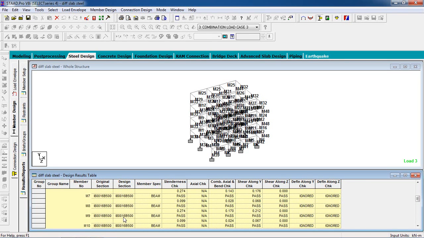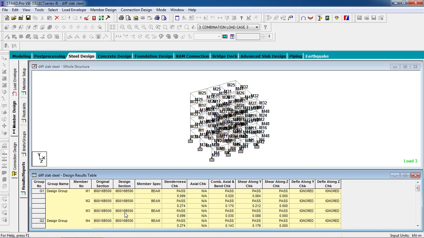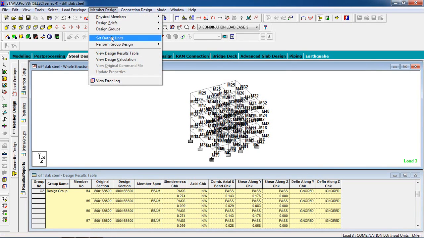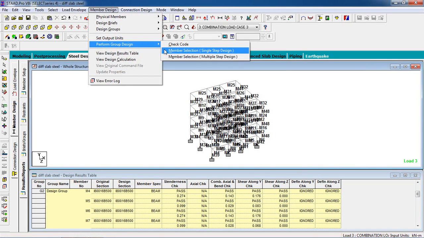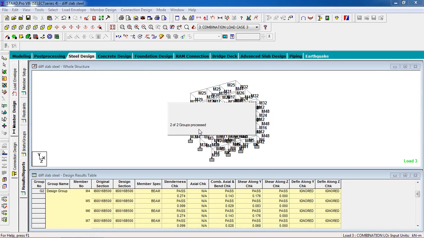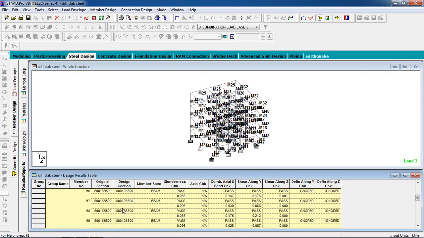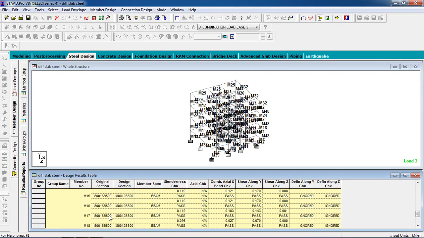Now when I go to member design, perform group design and select member selection, you can see this is changed to 16, that is the thickness of flange changed to 12. Okay, and it also passes.